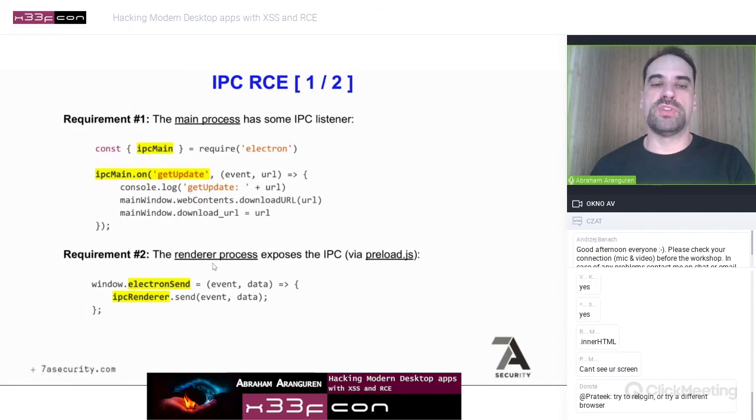Then requirement 2, the renderer process exposes the IPC. So the renderer process has to somehow make this reachable from an XSS, right? Because the main process is isolated from the renderer process. So we need some sort of IPC vulnerability to be able to reach this. In this case, this is again from a real pen test, there was something called Electron send. And this is basically calling the Electron IPC and sending the event and the data